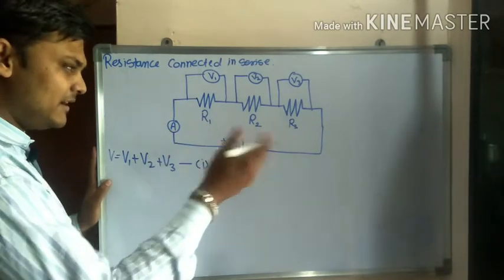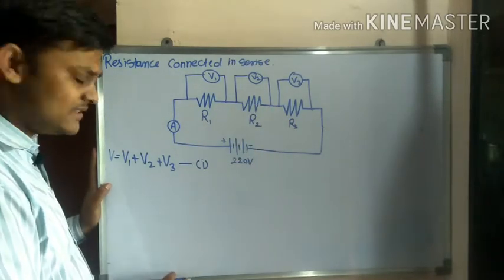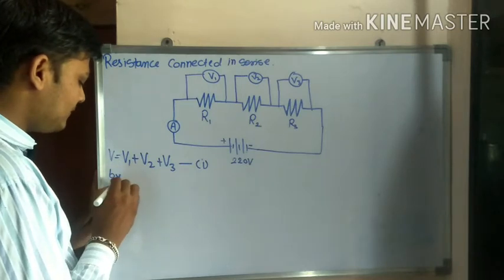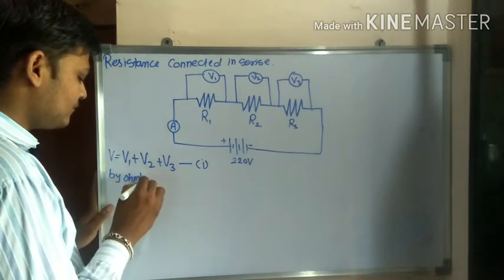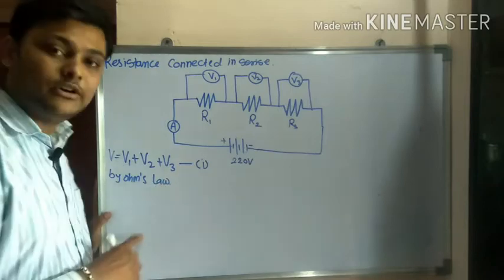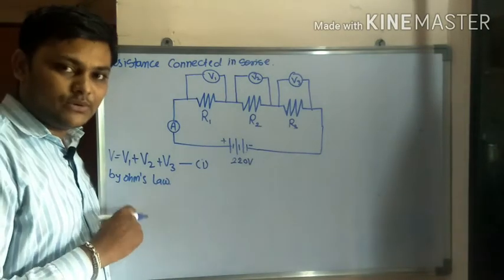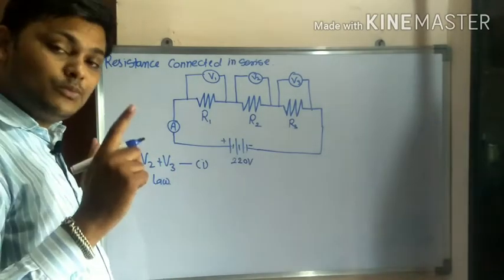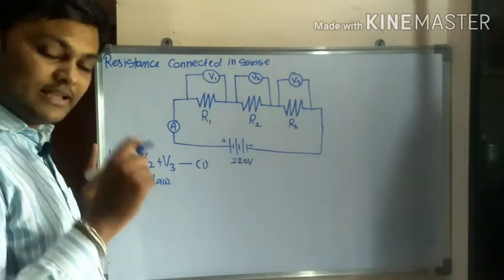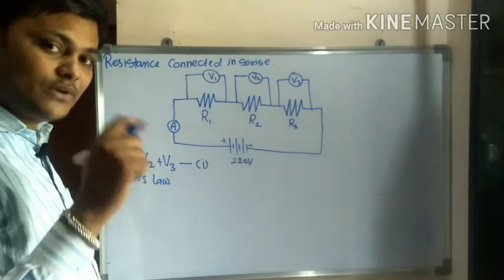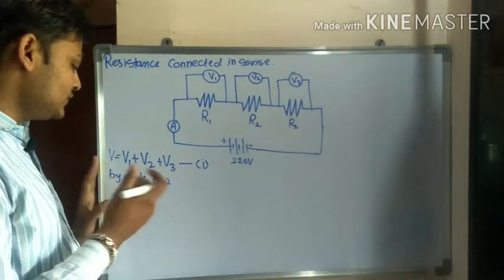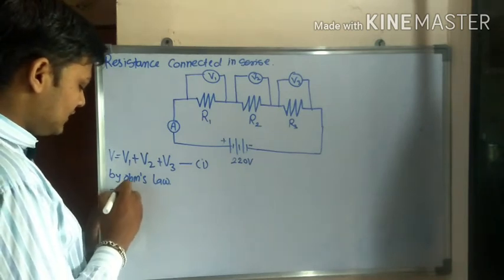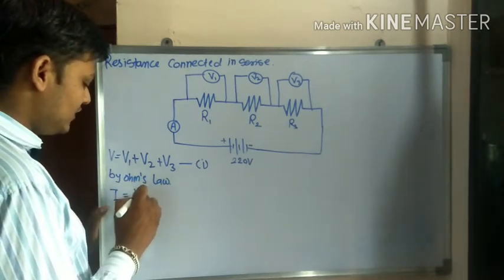So V is equal to V1 plus V2 plus V3. It can go up to any number, but here only 3 voltages are there, so the addition of 3 is equal to the total voltage. By Ohm's law, see how important Ohm's law is. That is why I previously explained Ohm's law in two different video modules. You must check this, and I will drop the link in the description box. With the help of Ohm's law, we know very well that current is equal to V by R.